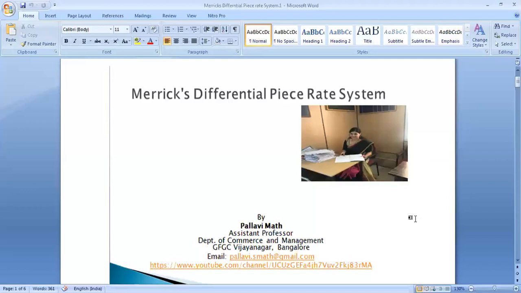In the last class, we discussed the Taylor system. Taylor said that there will be two types of workers in any given firm: a lower performer and a higher performer. The performer who is not meeting the standard output target is called an inefficient worker. The worker who is producing at or above standard is called an efficient worker. For him, bonus will be given at the rate of 120% or 125%, the higher rate, and the inefficient worker will be given the lower percentage.